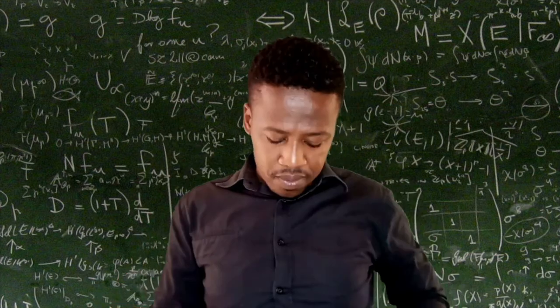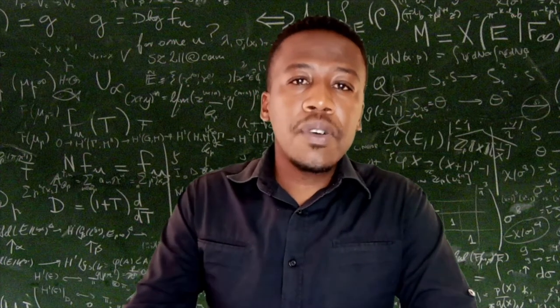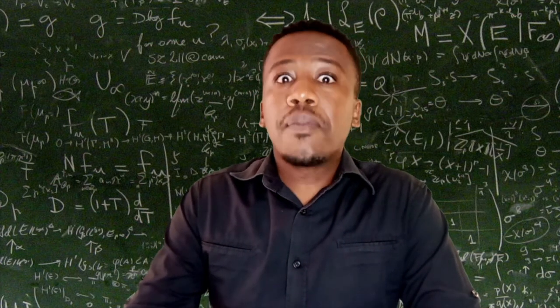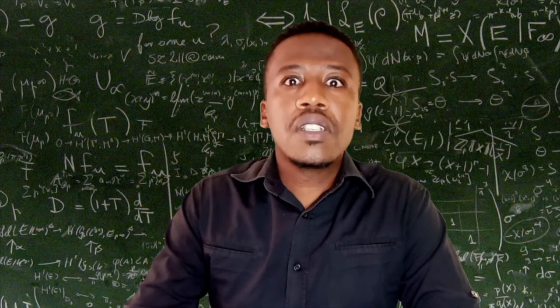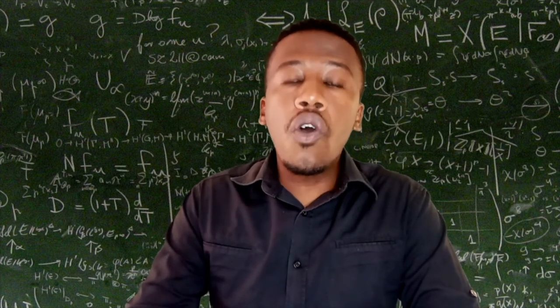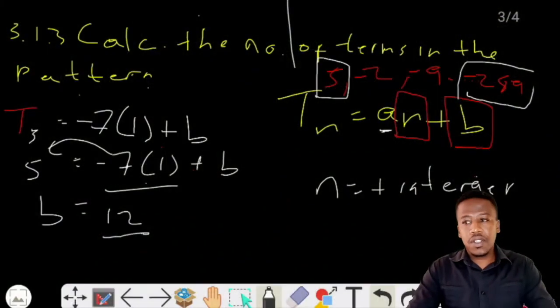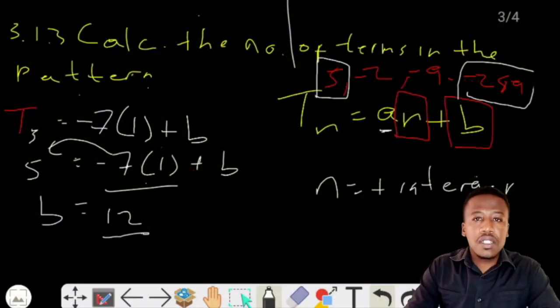I hope that makes sense to you guys. So you always have a positive number of terms, meaning your n will always be a positive whole number. If you have a negative, it's invalid. Maybe they said calculate the number of terms. If the value for n is negative, a fraction, or a decimal, always write NA, or just cross out the equal sign where that n is negative or a fraction. All right,